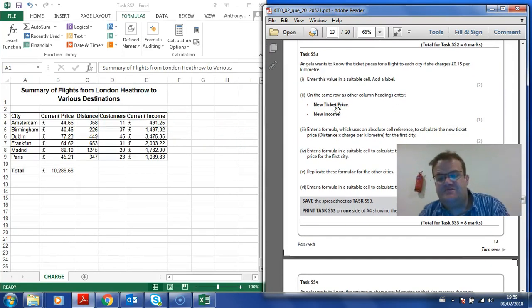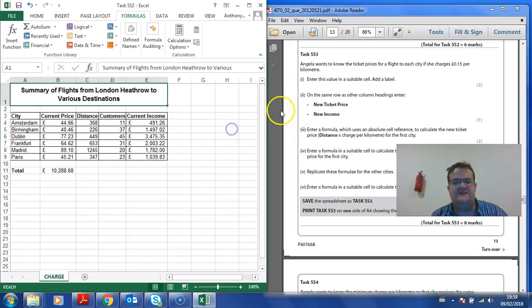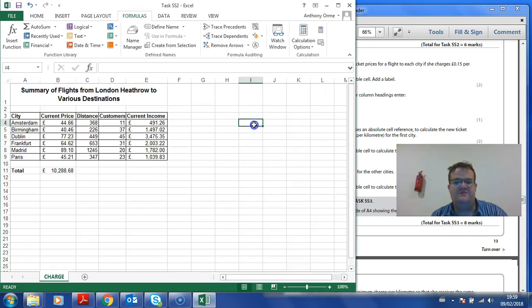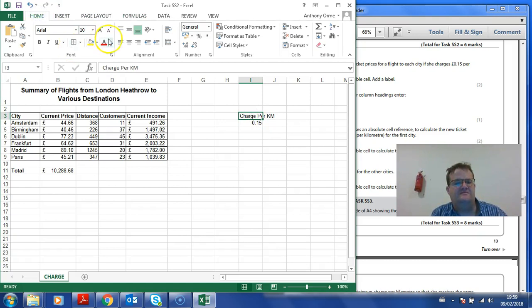Next, task SS3. Angela wants to know the ticket prices for a flight to each city if she charges 15 pence. That's 0.15 pounds per kilometre. So enter this value in a suitable cell, add a label. So I'm going to put 0.15 and up the top charge per km. Of course, put bold there and just make that fit. Change this to a currency,